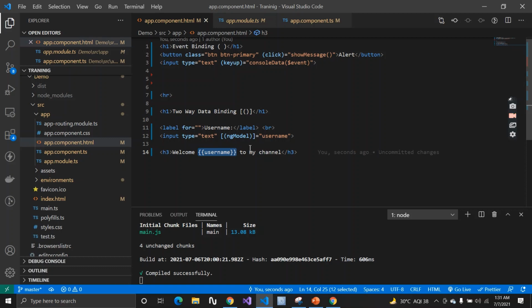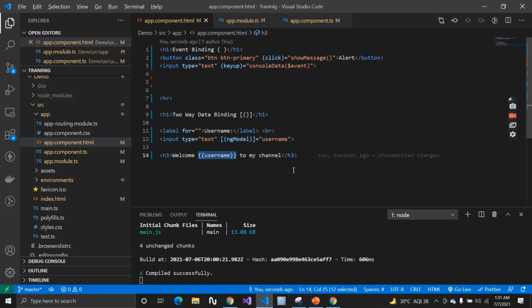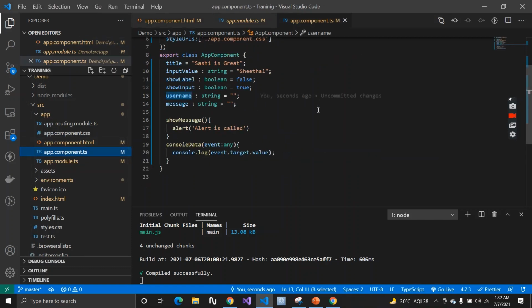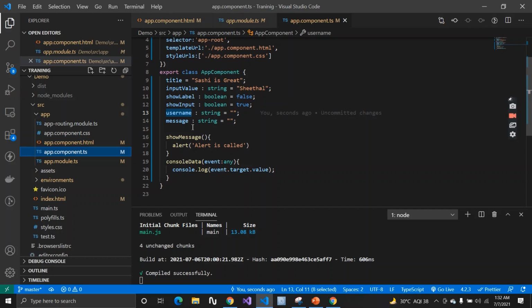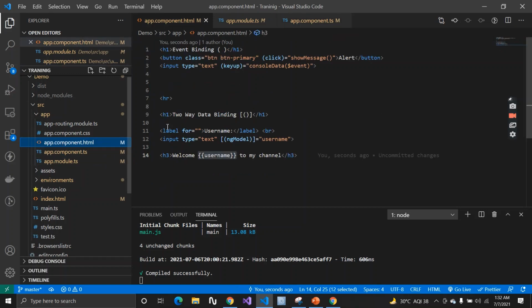If you have any doubt, let me just repeat once again for you guys what two-way data binding is. As we have discussed, in two-way data binding the data flows from your view to your component and from your component to your view. To make use of two-way data binding, we have an example of this ngModel directive.